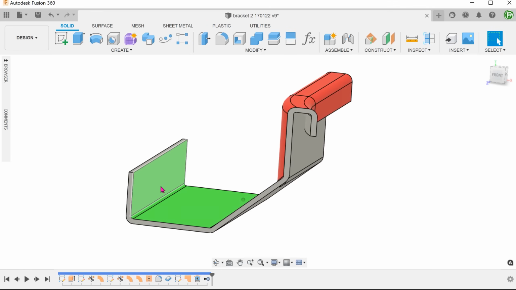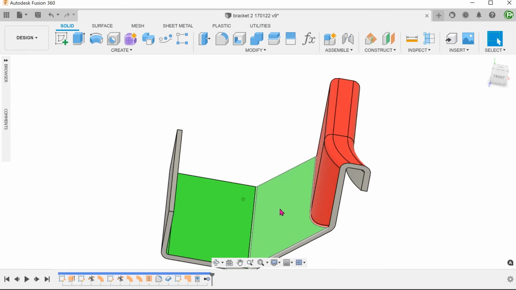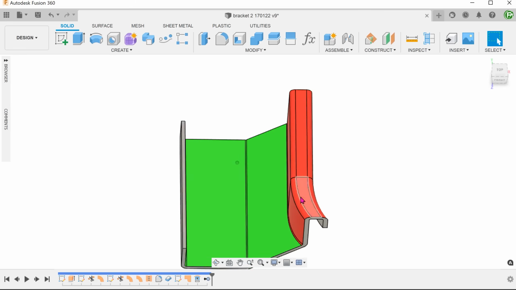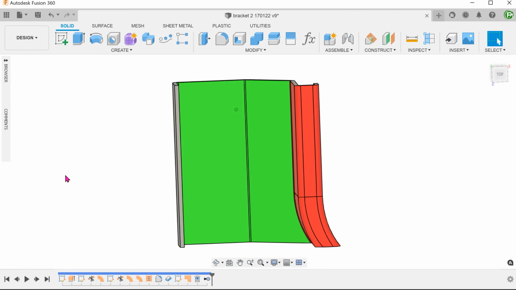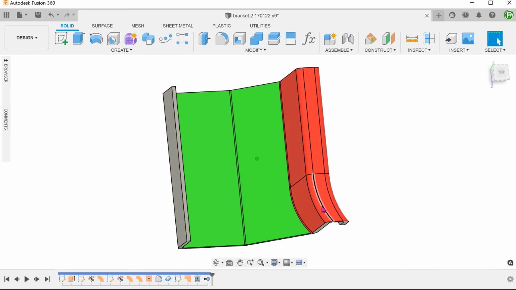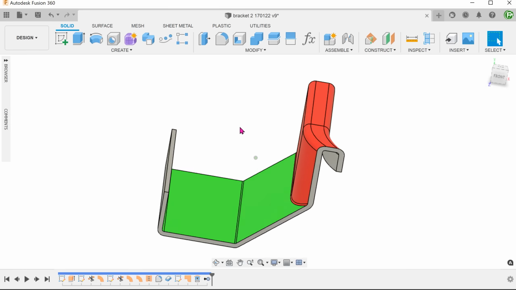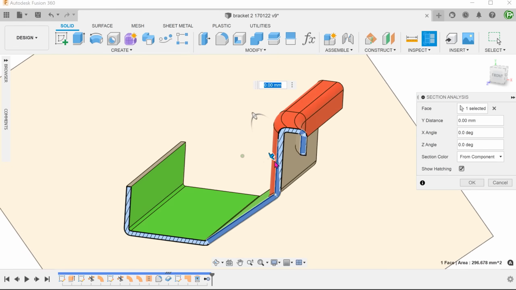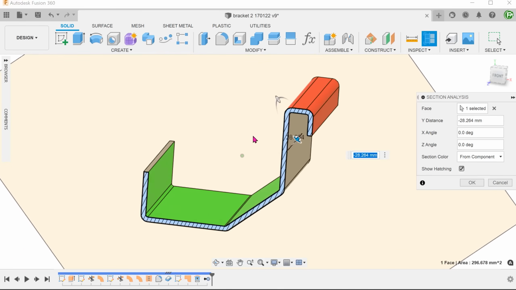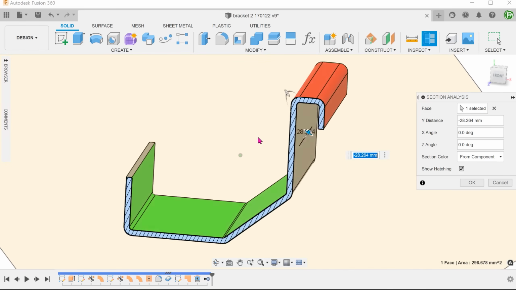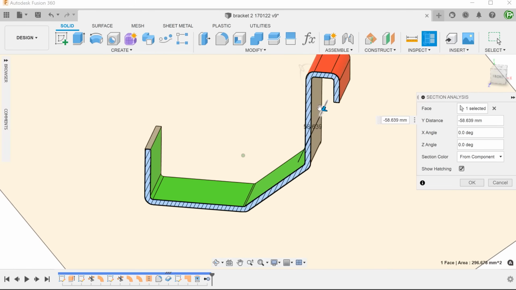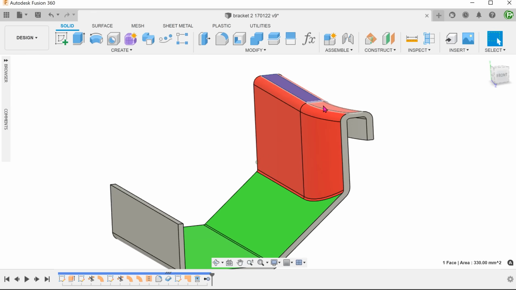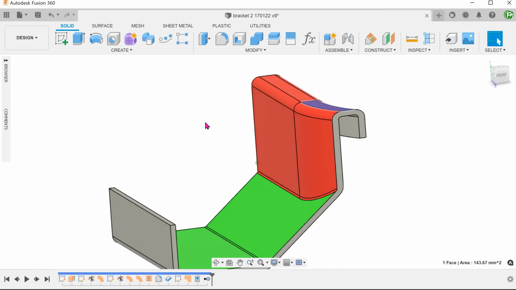The section in green is pretty straightforward. The challenge comes in creating this section in red. It has curvature to it when looking from the top. If we create a cross section, we can see that the section stands vertically at all points along the curve. This top face is flat and parallel to the horizontal.